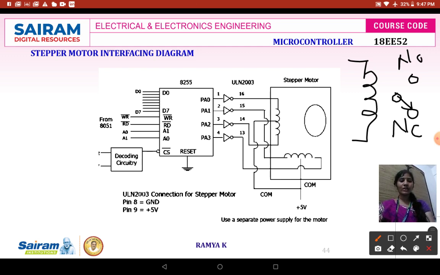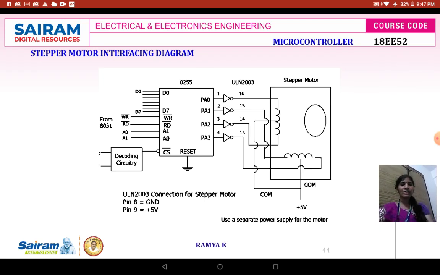How exactly we are going to operate: we will make the coil get energized. When the coil gets energized, the normally open contact whatever we have over here will be normally closed, and the normally closed contact will get open. There will be a discontinuity. It is the general relay.